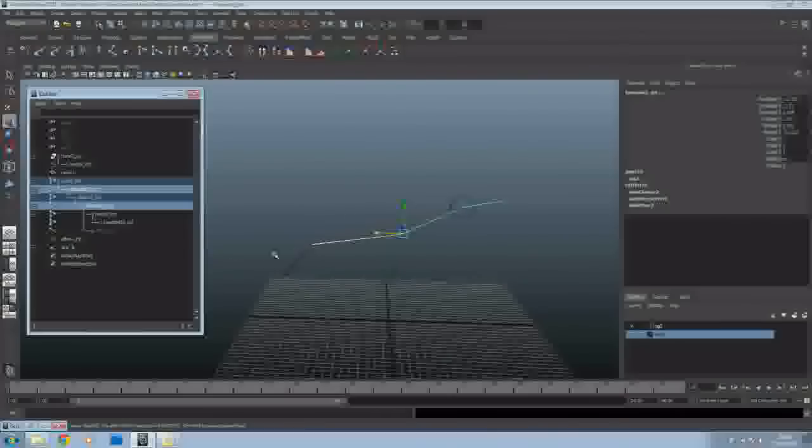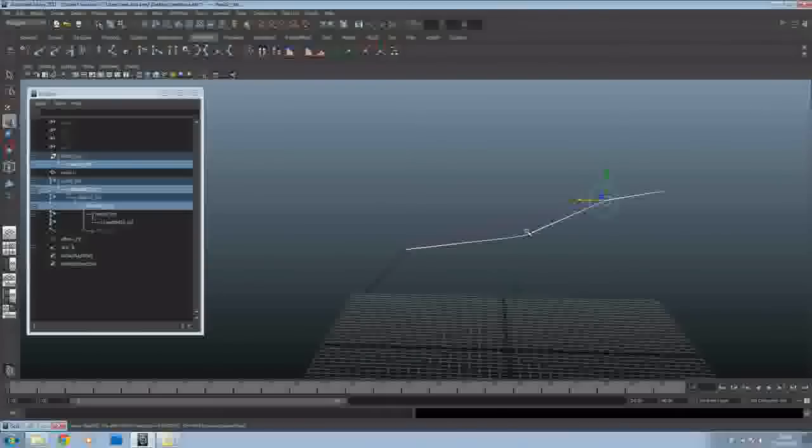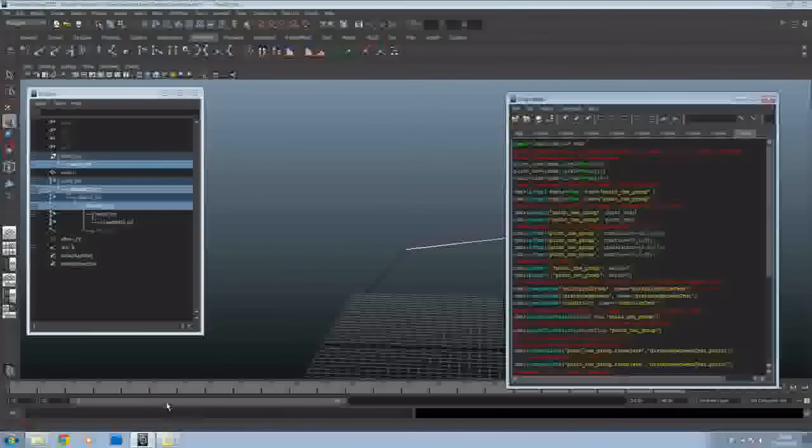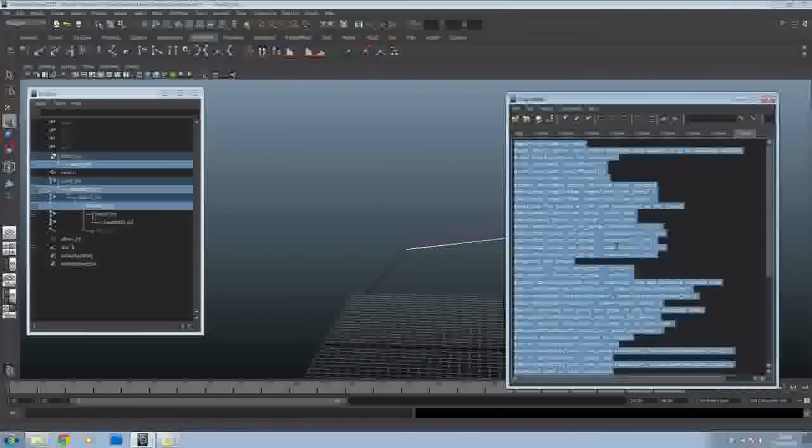We want these to stretch, and then we also select a controller that will control this stretch. So that's from point A, which is our shoulder 2, to point B, the forearm joint, and then the third thing we select is the controller. And from that we then run our stretch script,